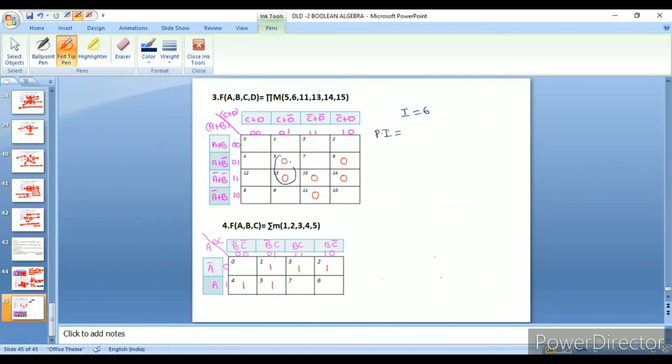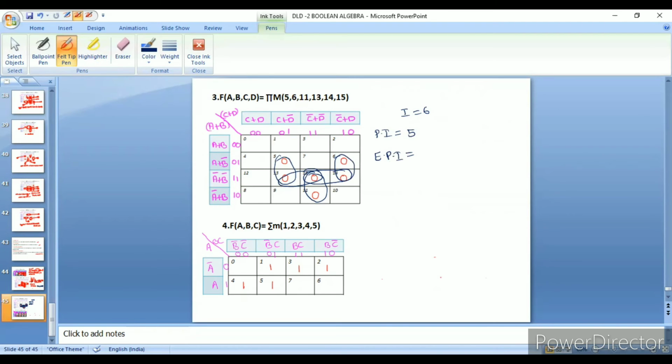So this one, 1, 2, 3, 4, 5. So total prime implicants are 5. Then what are the essential prime implicants? An essential prime implicant is a prime implicant in which at least a single minterm cannot be combined in